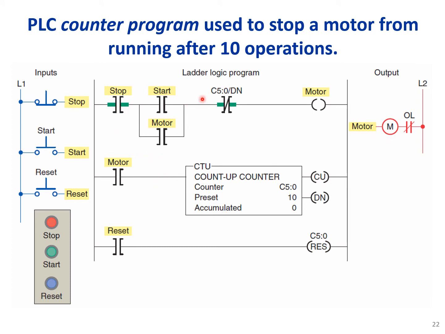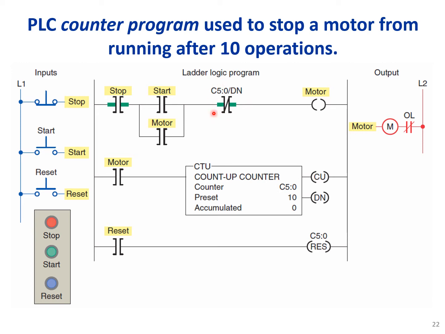If we start the motor once and stop it, the counter will increment by 1. If we continue starting and stopping, the counter will continue incrementing until it reaches the preset value. Once we are at the preset value 10, the down bit becomes true, and the negated value of the down bit here